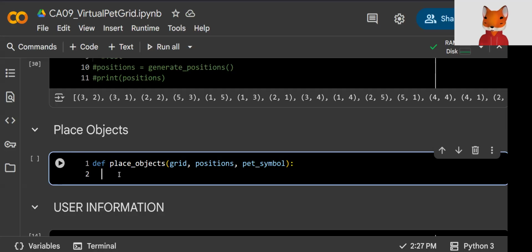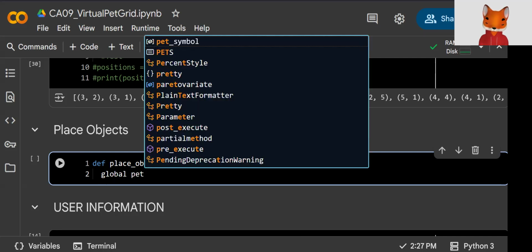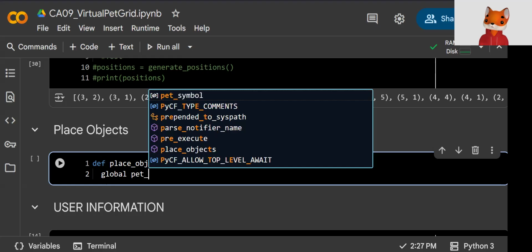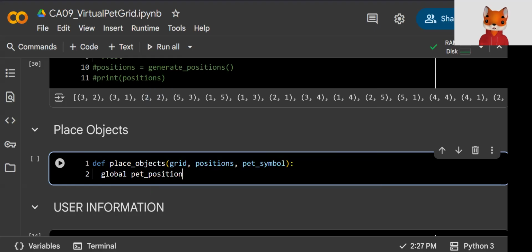And this will help us update these anywhere we would like to actually use the global position of said pet. So in this case here, I'm just going to do global pet position,